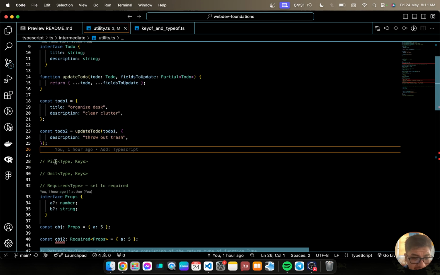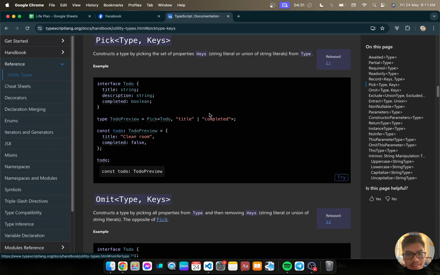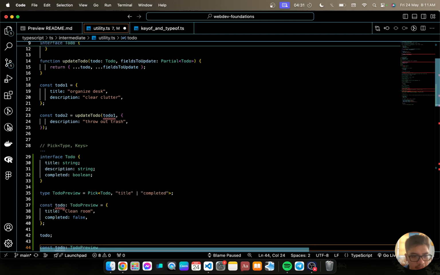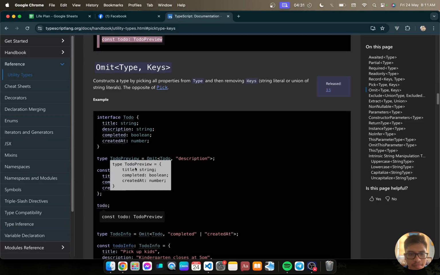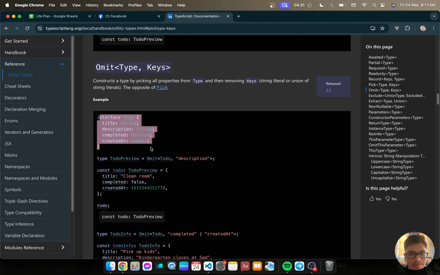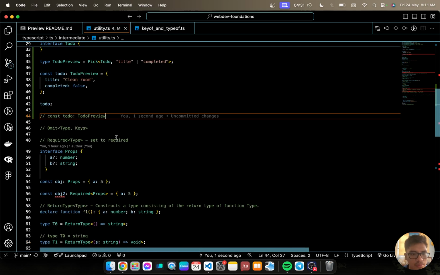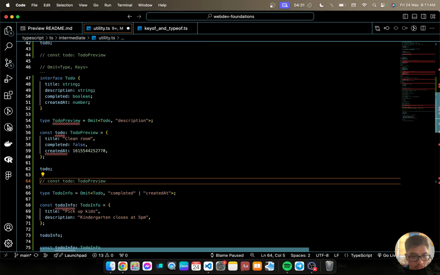As I can see here, I forgot to add the code for Pick and Omit. Let's just add the code for that. So Pick, okay, then Omit. There we go. Let's just remove this, comment them out.